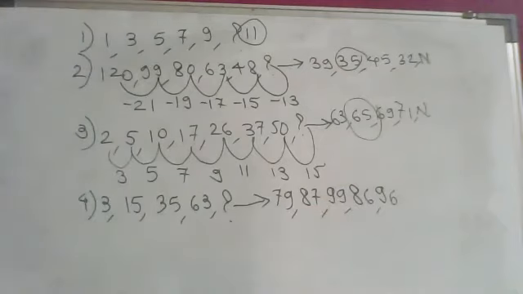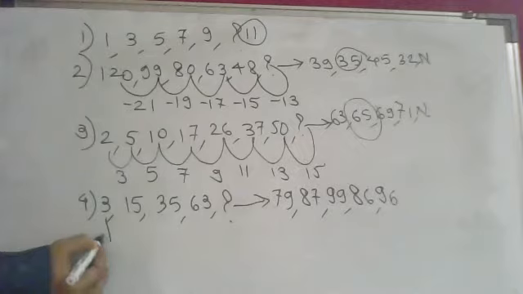Not necessarily always do you have to find out whether the difference is decreasing or increasing. There can be some different logics related to squares, cubes, and differences between them. It can be a square number, cube number, odd number, even number, triangular number, prime number, or there can be a multiplication series. There are a lot of variations, but we'll see here.